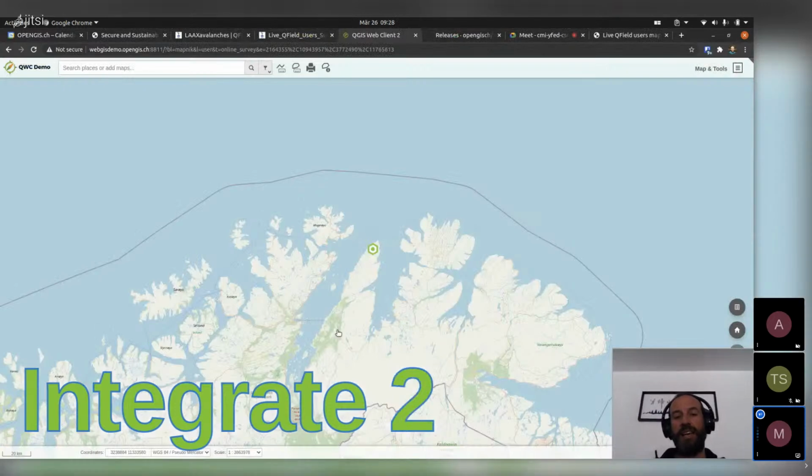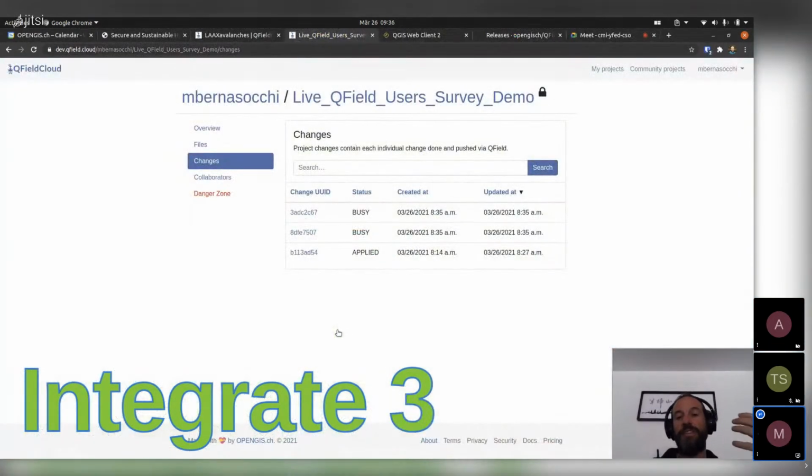I reapplied the deltas, and here I got the first point that I had done before, and now the changes from Lucy and from Ivan that were up in northern Norway are also being applied. You see, my change that I did before is already applied, and QField Cloud is now busy applying the new points. That goes about 3 seconds. So I really had to try a couple of times to do the screenshot so I could get that it was really busy. And soon after everything is applied,